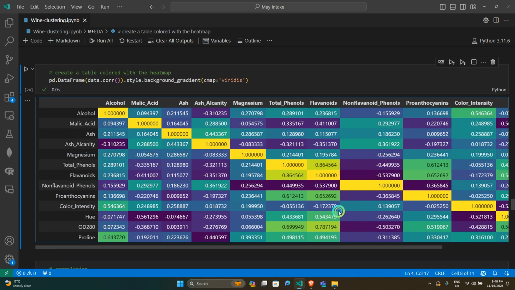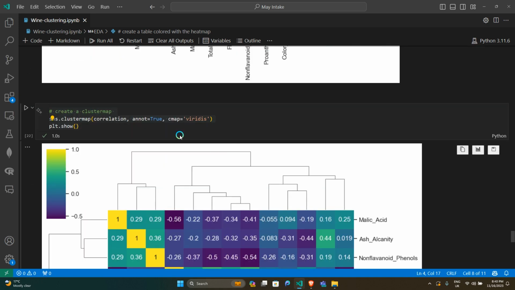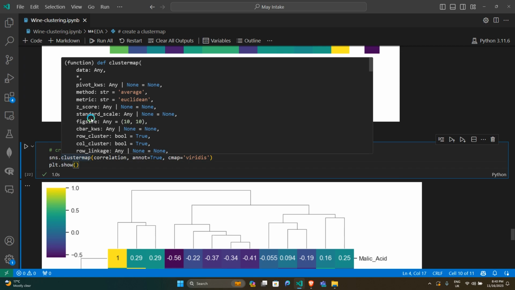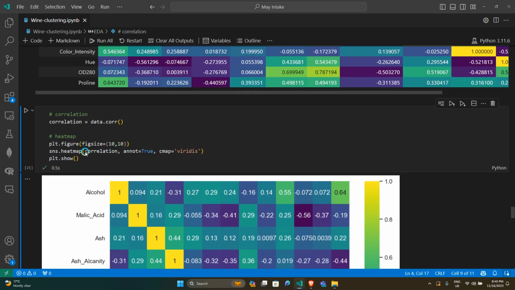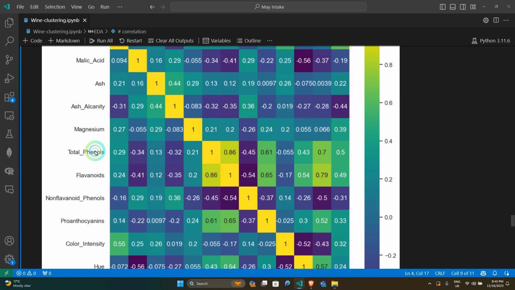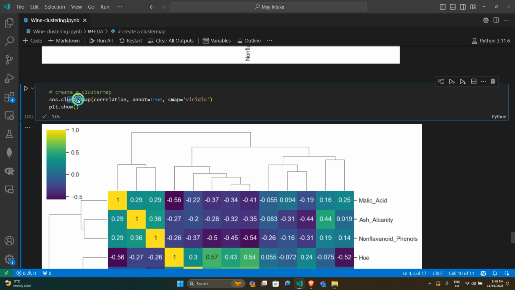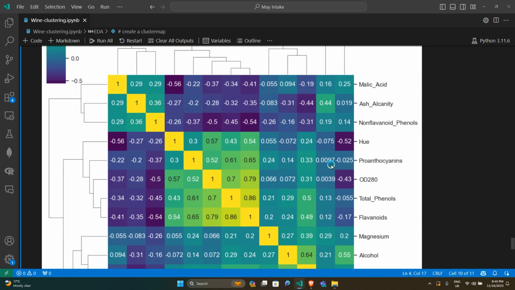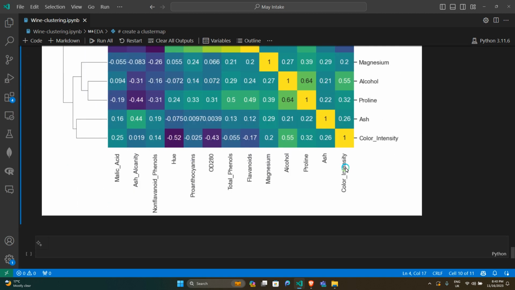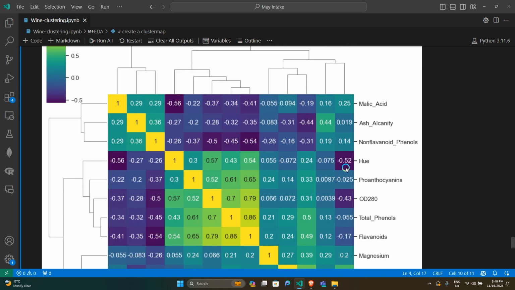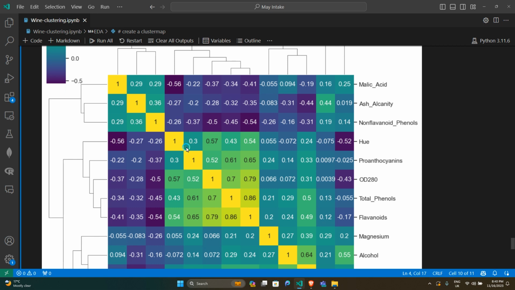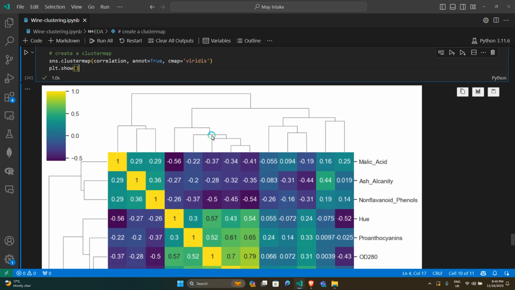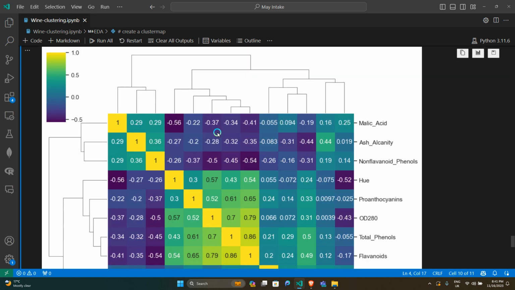So we've checked the correlation. Let's again check the cluster map. For the cluster map, you just change this part here where you've written heat to cluster. And if we check the cluster map, we can maybe see columns that are related to each other. From this cluster map, we can actually decide how many groupings we can create